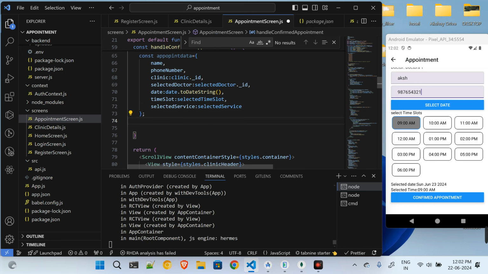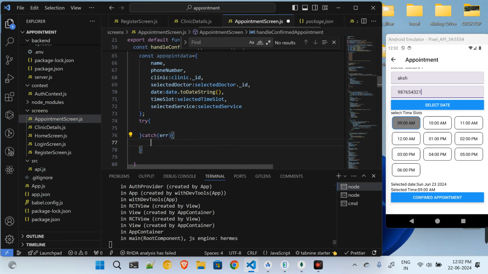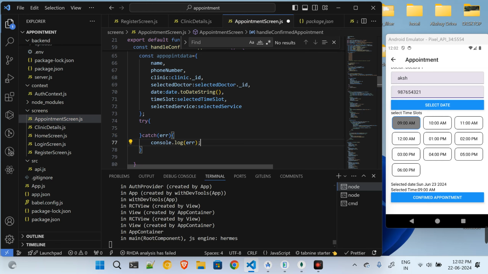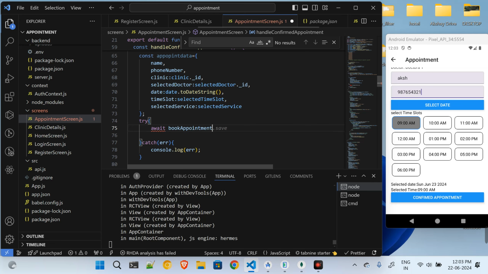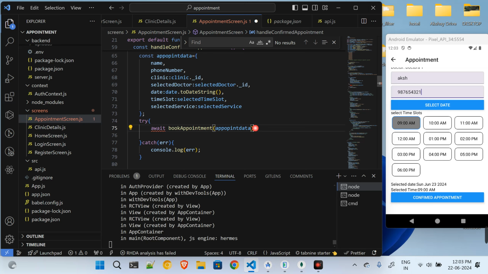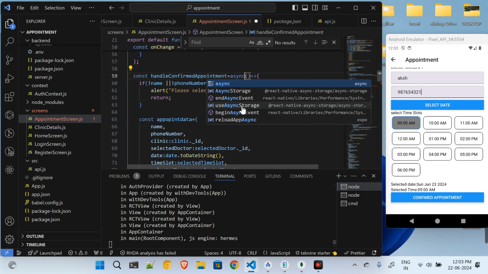Then I will create one try and catch block over here and console log the error if there is any error. And before that, I will do one thing. I will call the book appointment, and inside this book appointment is basically the function which we wrote over here inside of the APIs. Okay, so I'll pass all this data, and I'm using await, so I have to use the async over here,